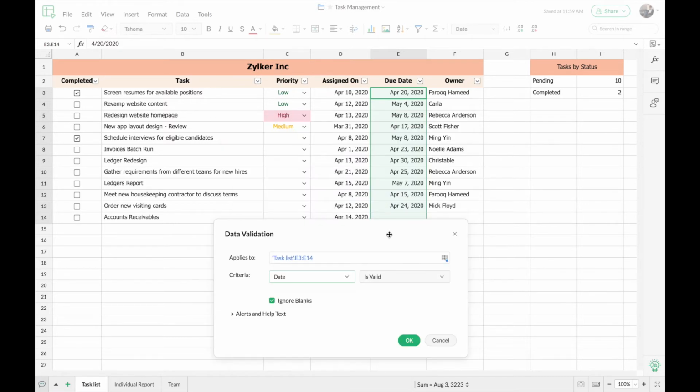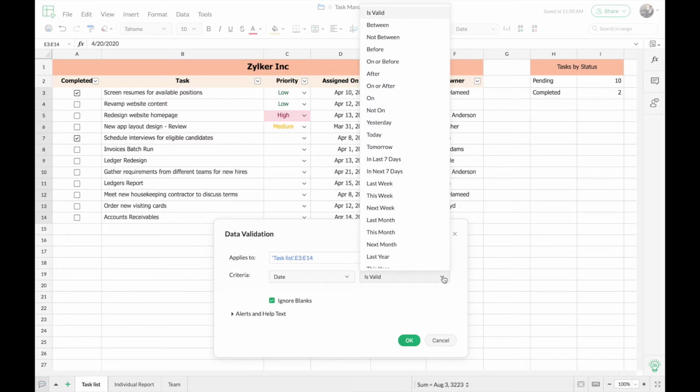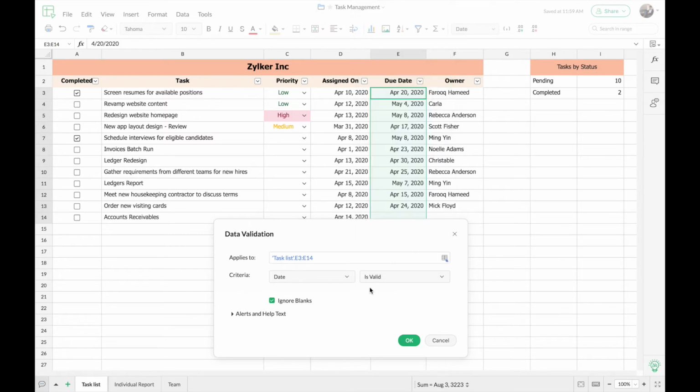So now let's see the predefined criteria that's being listed for the date format. So here you can see that there's a long list of criteria I can choose from. So I can set a rule such that the date falls between a particular period or after a particular period, or if the date has to fall in this current month, year, etc. But right now, for the use case that I have, the due date must fall after the corresponding assigned date. And you can see that the assigned date differs for each task, that is for each record the date differs.